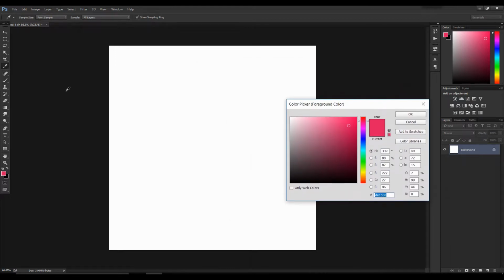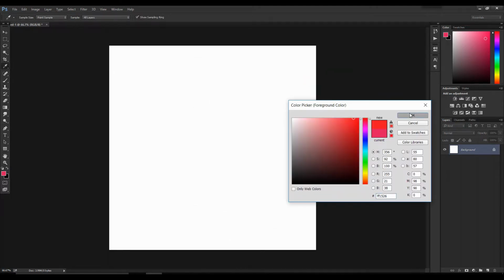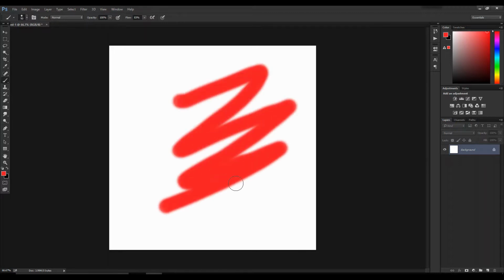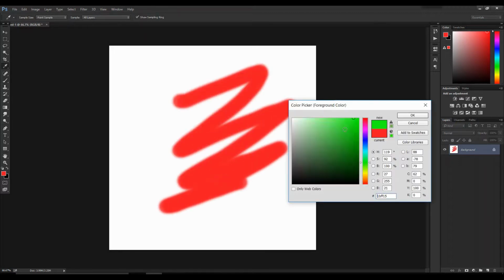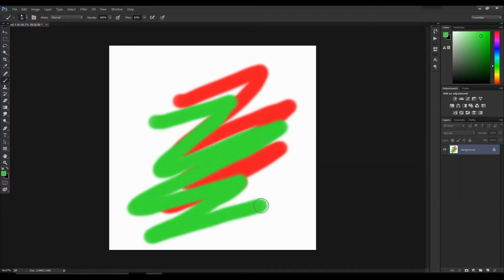Now I don't need to go and select my foreground color tool again and again. I simply need to press F and this tab will automatically open to me. Now if I select, let's say I want red color. Now say I want green color, simply press F, pick your color, and with the help of the brush tool you can make any changes. So I am hoping this is far simpler and faster than the previous method we were following. I am hoping this tip will be very useful to you.